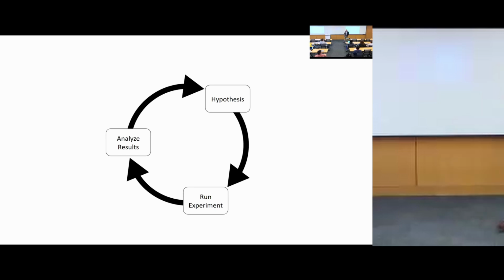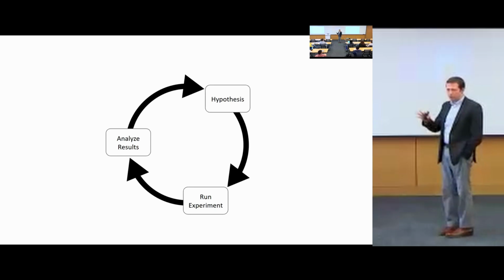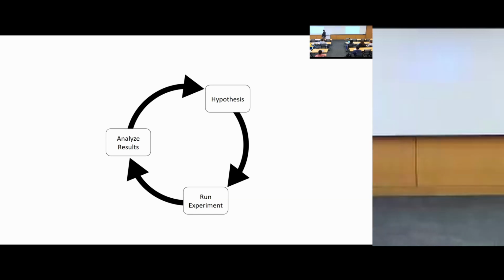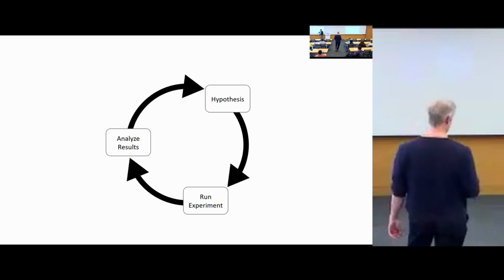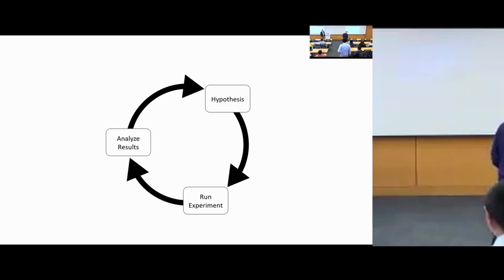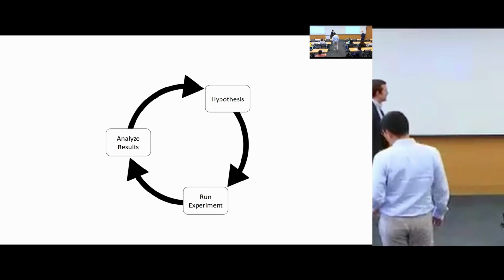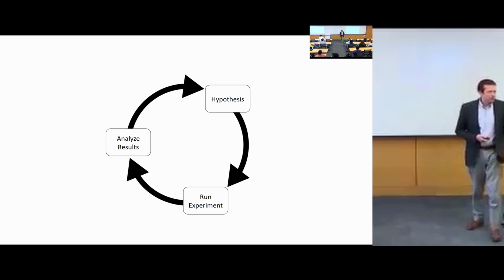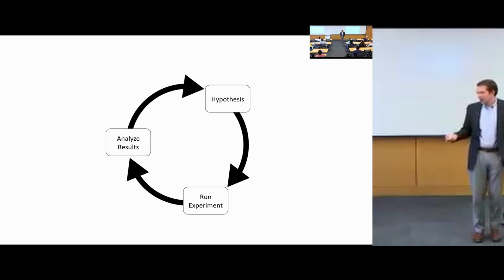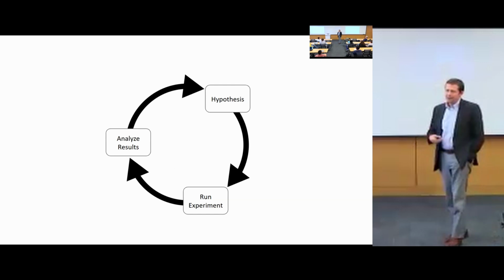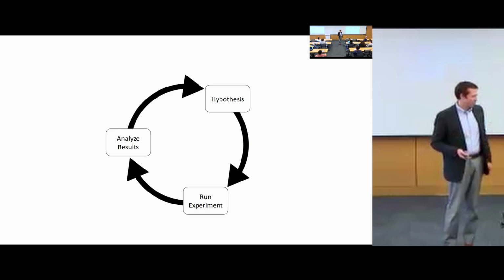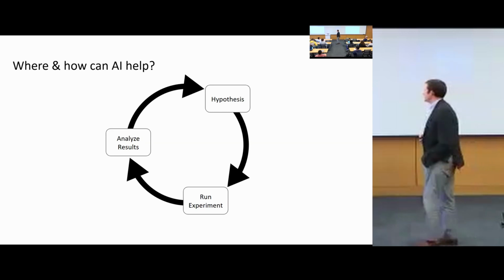Okay, so I think a canned view of what most of us are doing as social scientists or researchers is we're generating hypotheses, we're running experiments, or we're trying to look for data that approximates an experiment. We're analyzing results, in a kind of never-ending cycle. And like a lot of you, we're probably thinking right now, hey, there's a lot going on in the world of technology. Where can we speed things up or make this process go better?